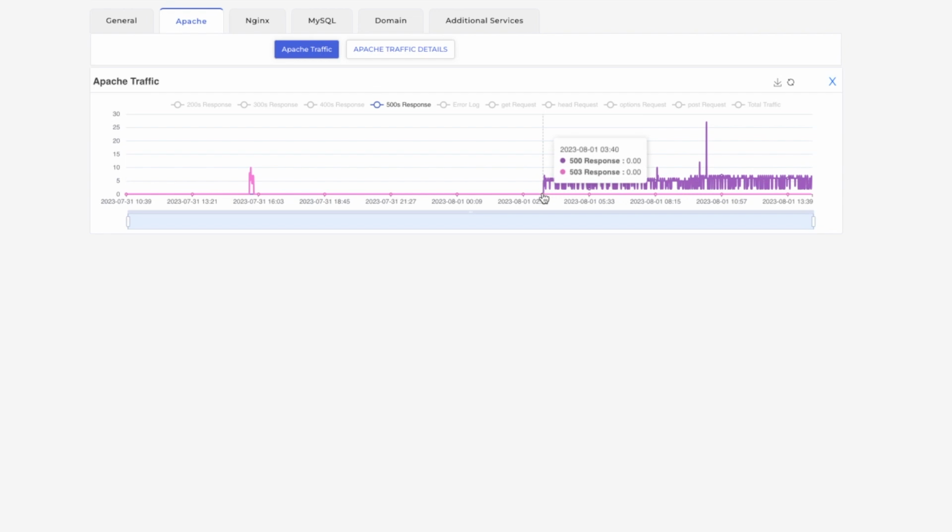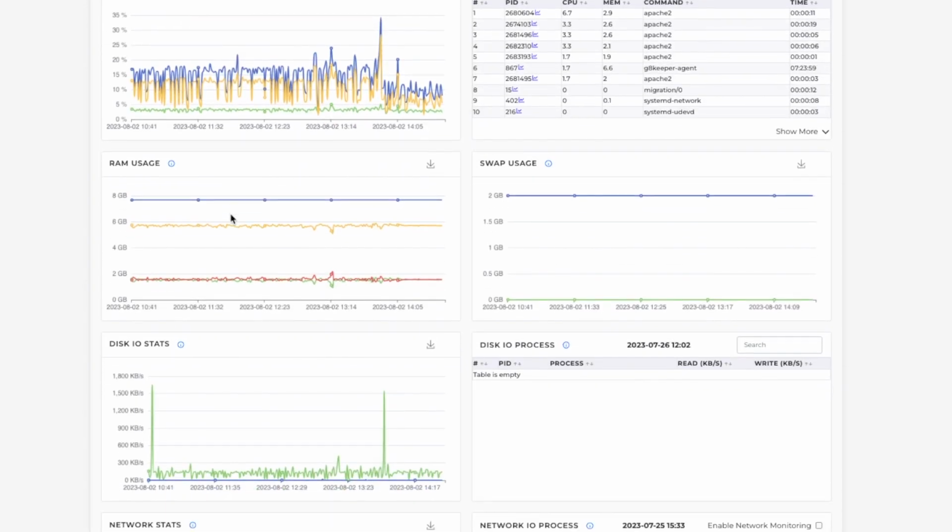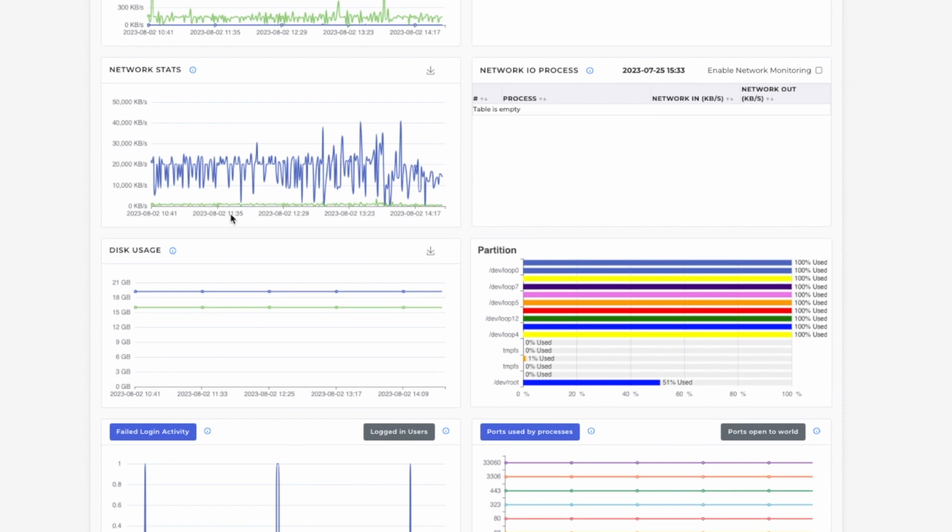Being WordPress, we suspected that it could be because of some update in some plugin, which is what we wanted to dig deeper into. Gatekeeper also tracks all the changes in the files. So we went to file monitoring,